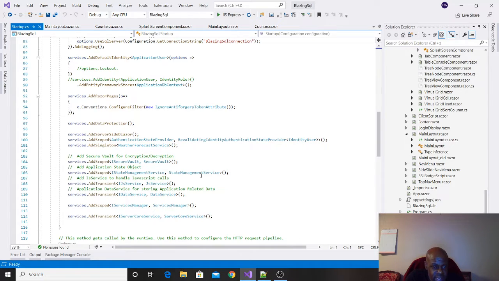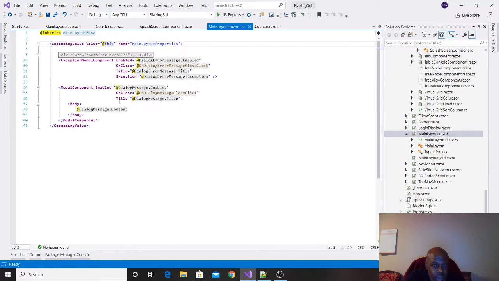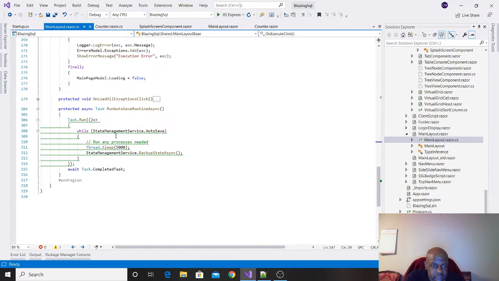Now, this isn't bulletproof, and I don't recommend people use this for bulletproof. I only use it to handle the state throughout the application. I have a mechanism, a timer that I built into my layout down on the bottom.